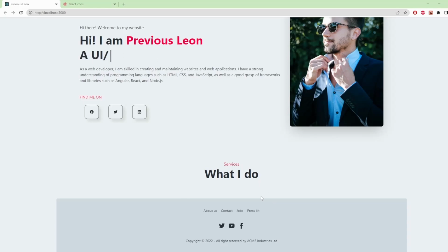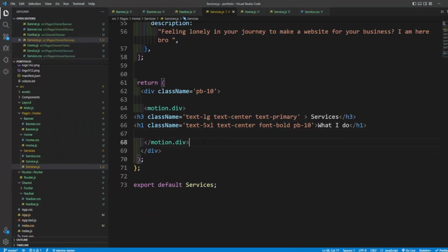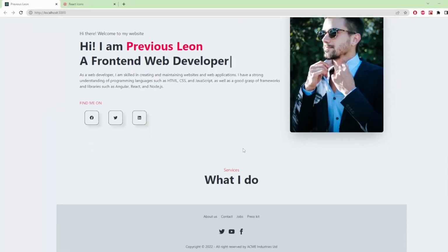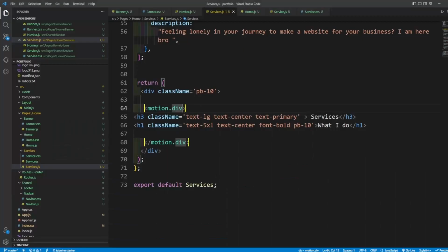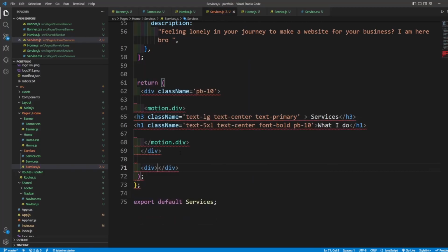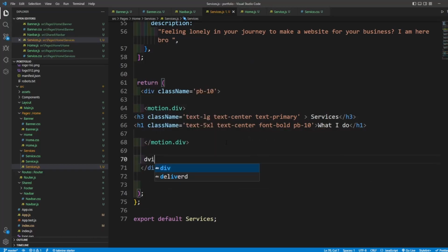Now I'm going to map to them. Motion div, they are not going to work right now. Okay. Now I'm going to take another div. This div should be inside this div. Now I'm going to take another div,